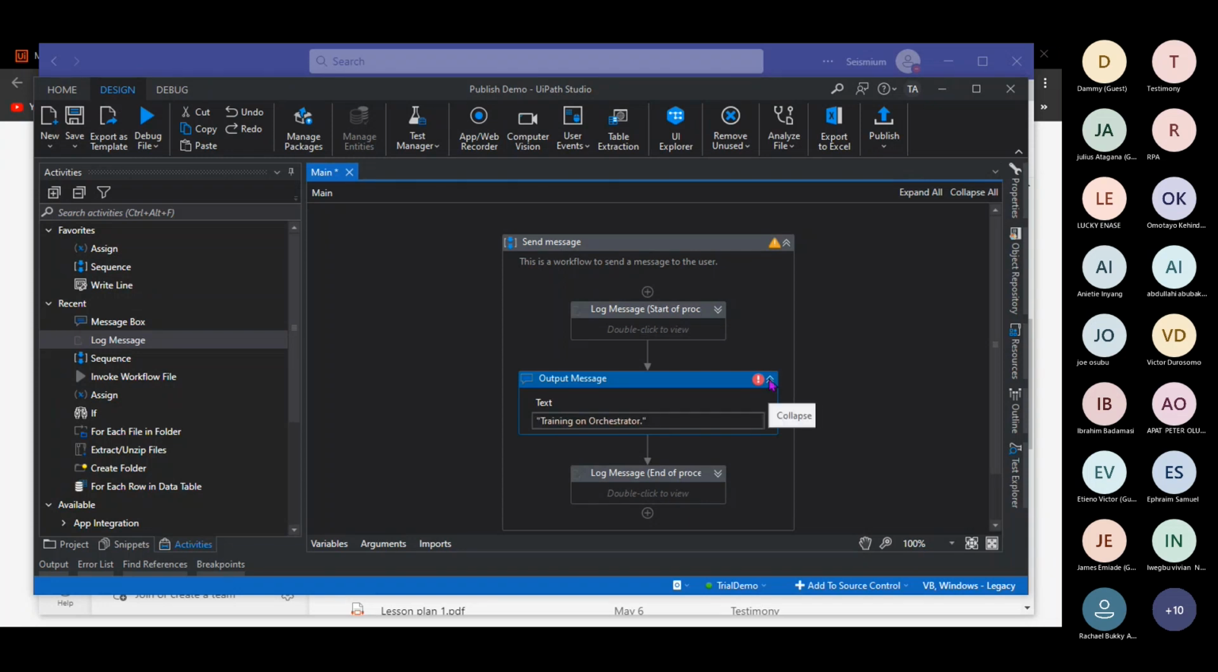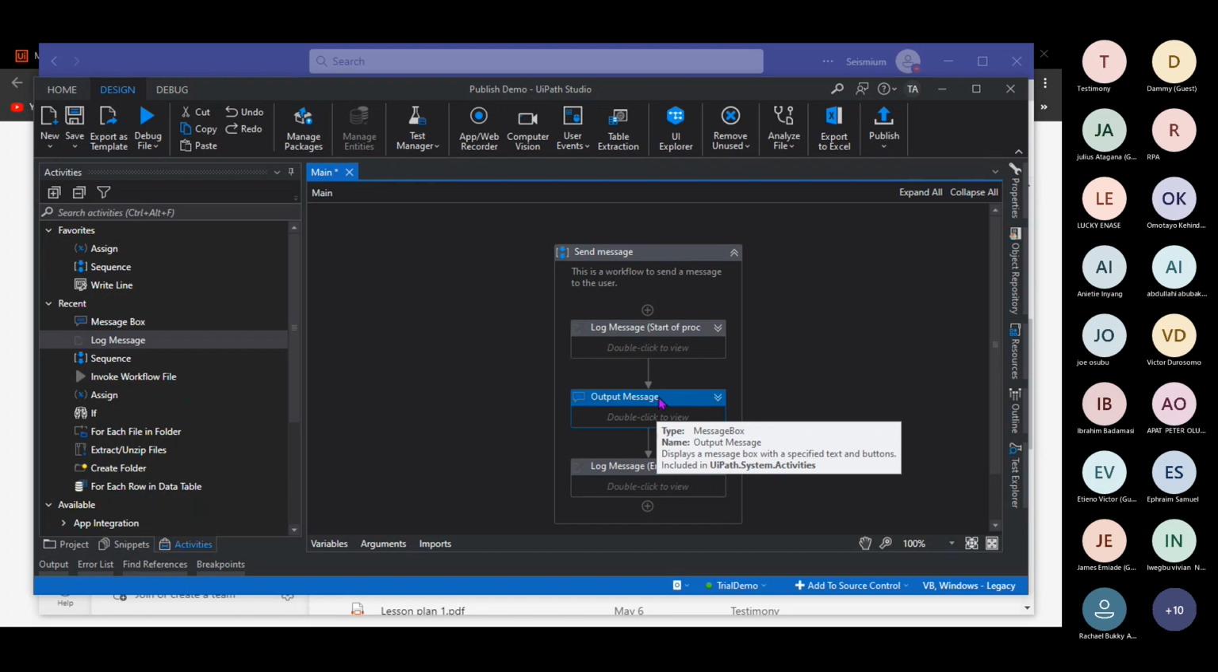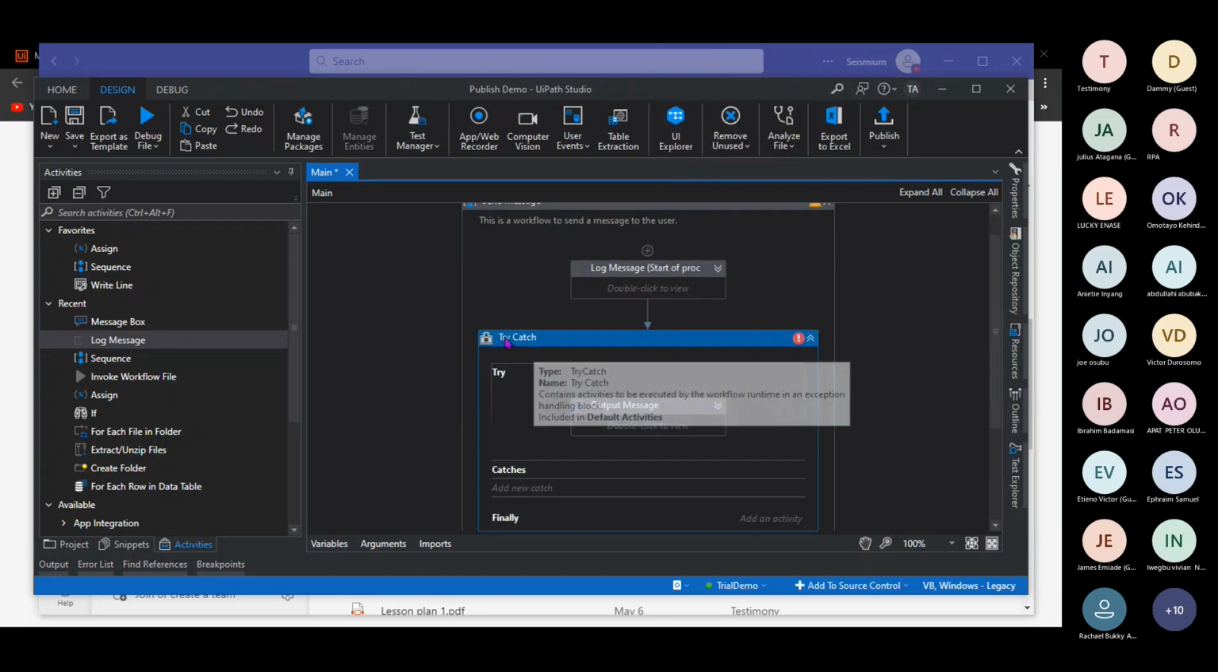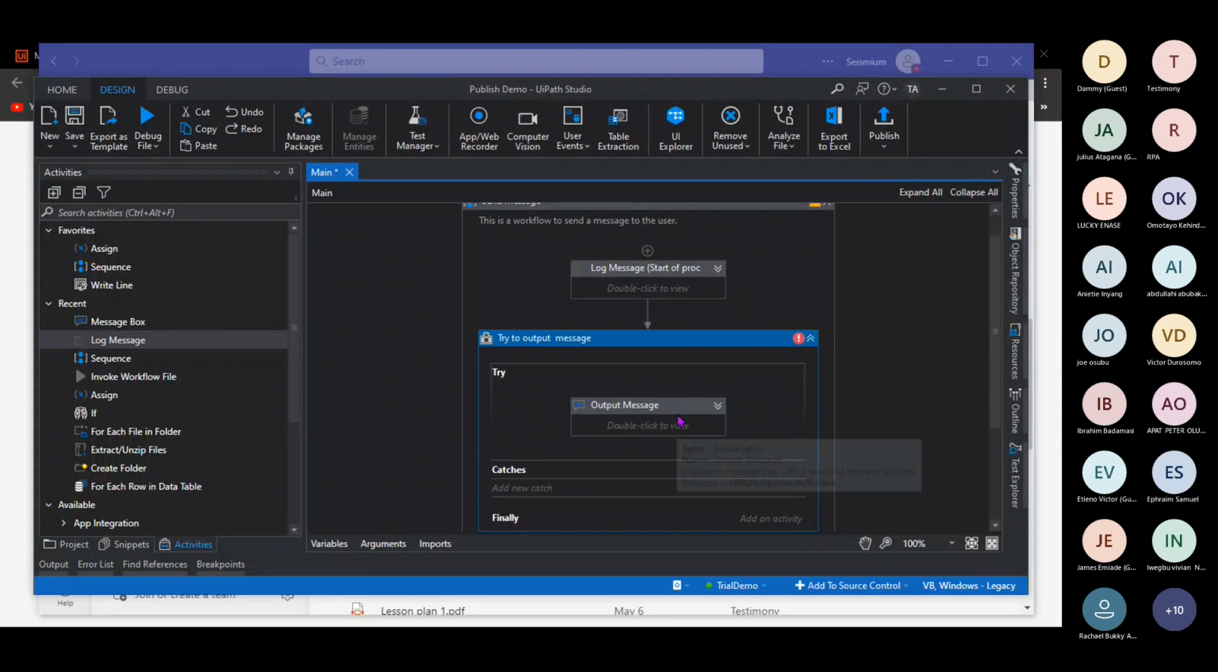Yes. So this will always run, but just in case, for example, let's say you used a different activity like send email or check app states or whatever activity, and then if it doesn't run, instead of throwing an error and stopping the process, we can place this in a try catch, so that if this output message does not run, let me rename this to try to output message. So that if this output message does not work, what